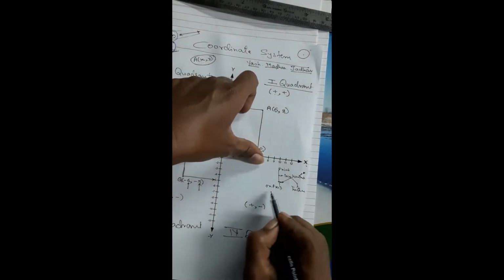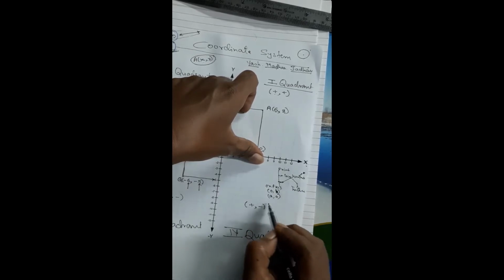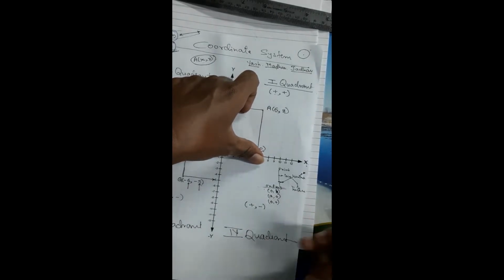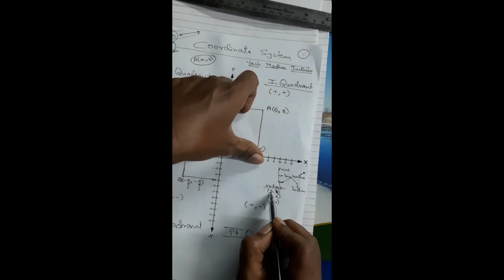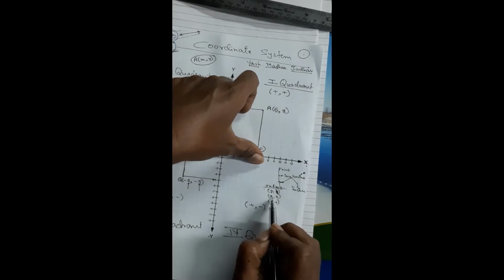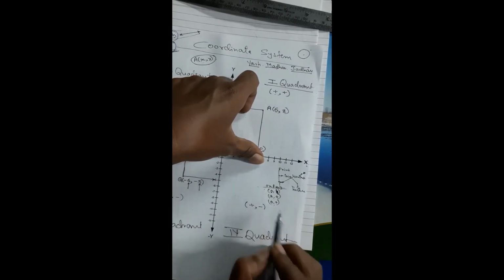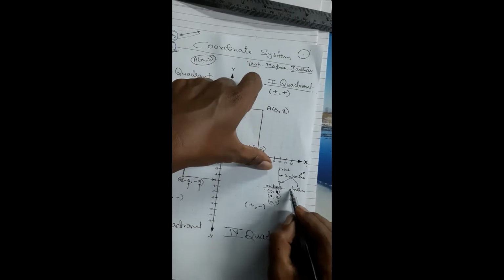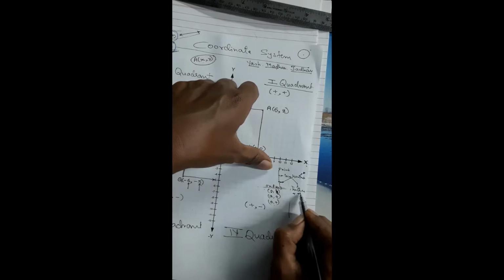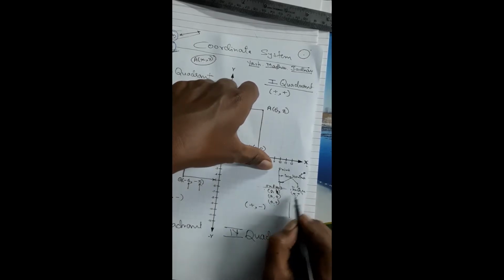In quadrant, when on axis, then we say either the x coordinate will be 0, and then y will be some different value, it can be b, or the y coordinate will be 0, or both the coordinates will be 0, then it is lying on an axis. If the x coordinate is 0, it is lying on the y axis. If the y coordinate is 0, it is lying on the x axis. If both the coordinates are 0, that means it is the origin. In quadrant, only the signs will tell you. First quadrant means both the coordinates will be positive.